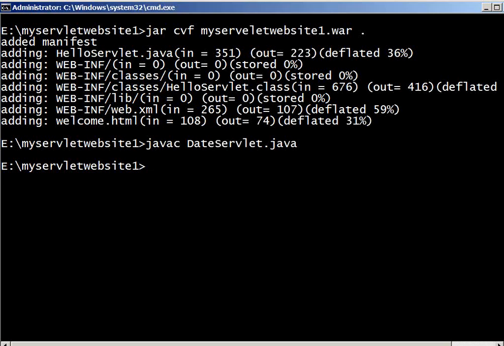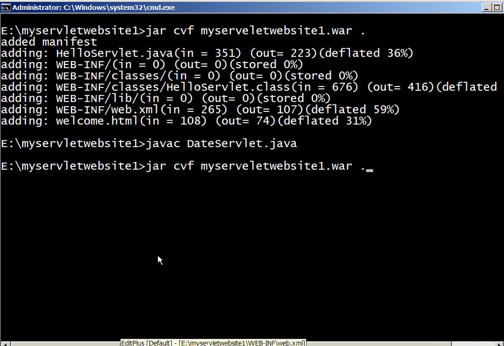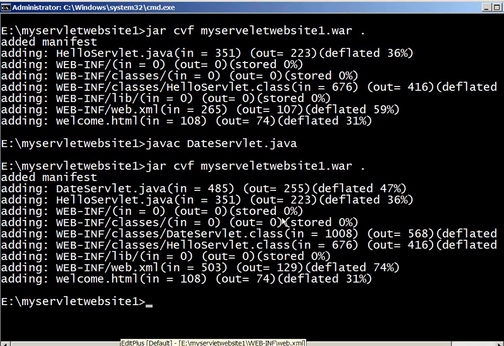Now I compiled my source code. Done. Then I located my class into the location. Then I'm bundling it. Same bundle. Now you can see here, same process. If you do it 100 times, the same process: compile your codes,